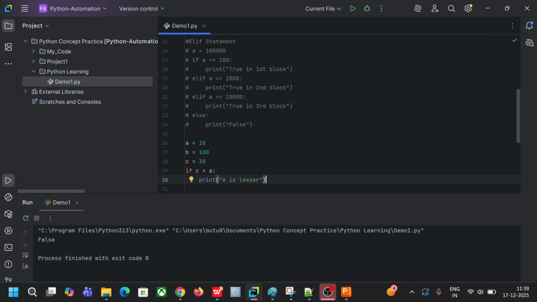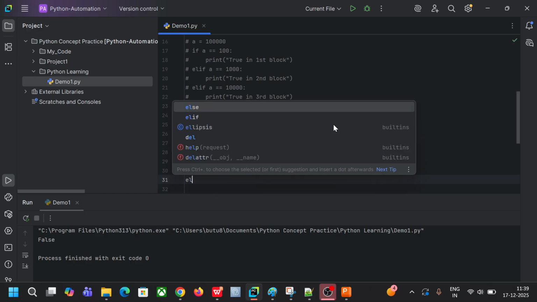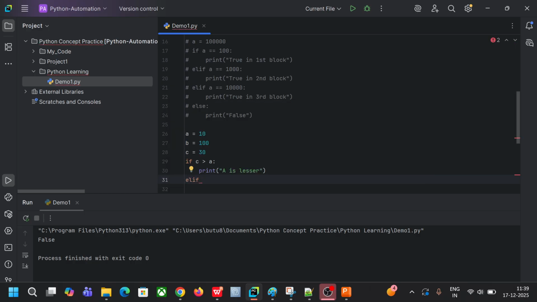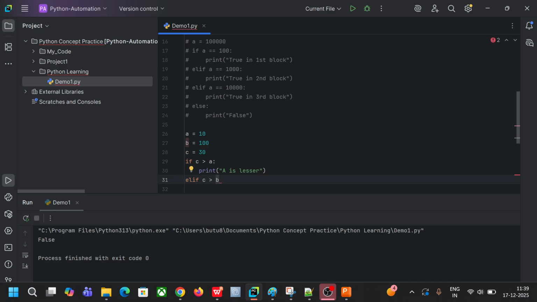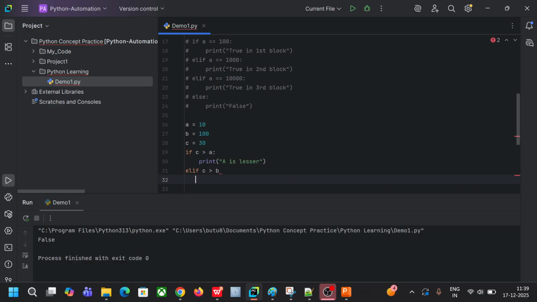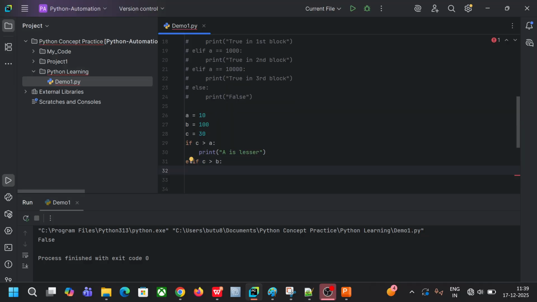Okay, elif c is greater than b, then print "b is greater". Okay,